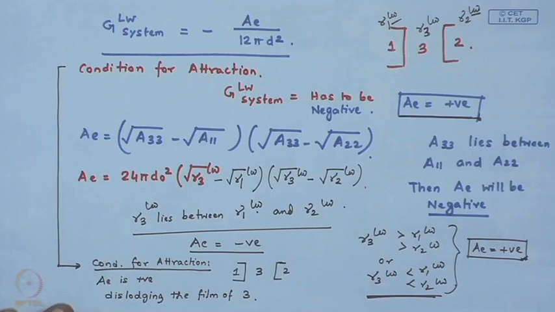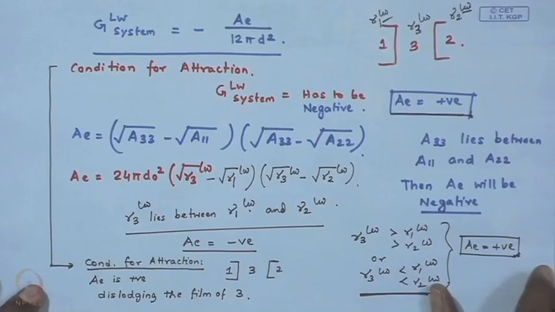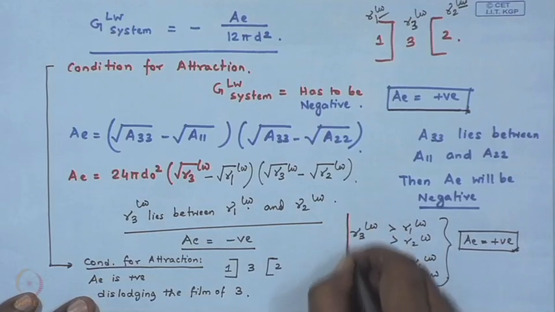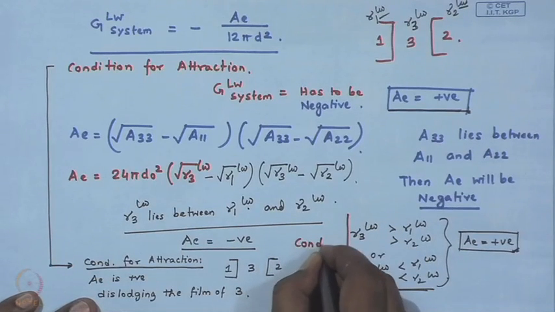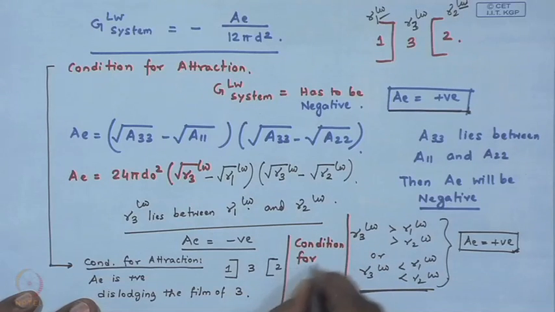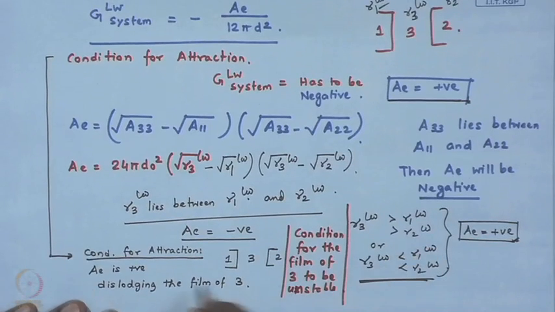So, though this is a condition for attraction between 1 and 2, this is also a condition for the film to be unstable. Okay. So, a positive value of AE will result in the film becoming unstable,